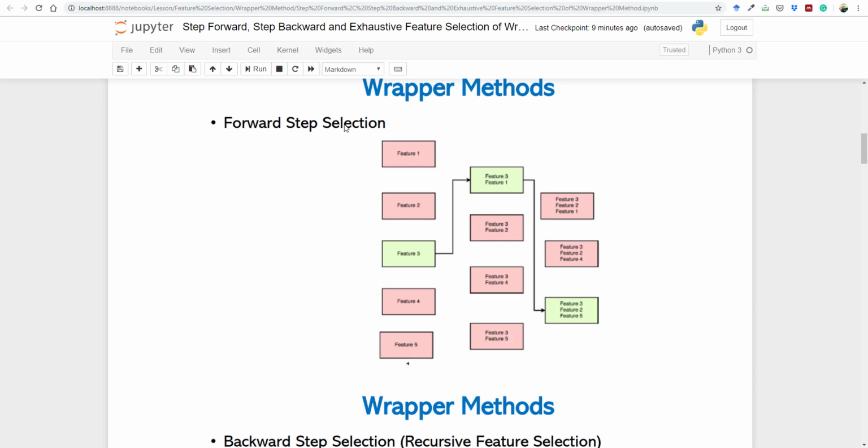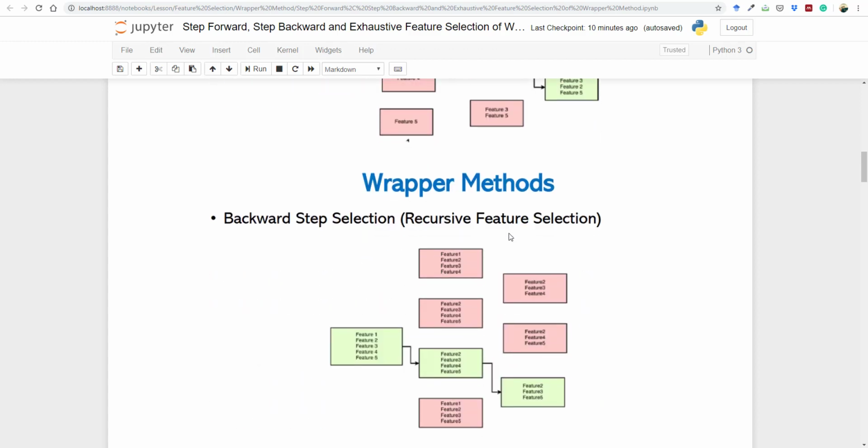In the first phase of this step forward selection feature process, the performance of the classifier is evaluated on each of these features particularly, and then the highest performing features are selected. And in the second step, the first feature is tried in combination with all the other features, and then the combination of the two features that yields the best possible performance is selected. And then this process continues until we reach our desired number of features or our desired performance of the